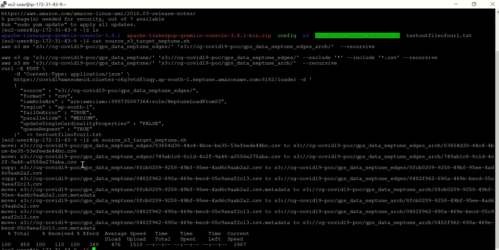Okay, so it has moved the old files and it has copied the new file, and it has executed the statement.